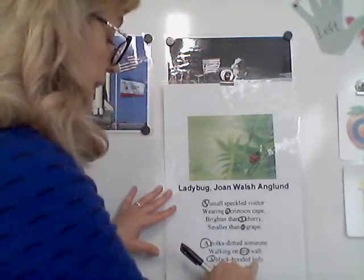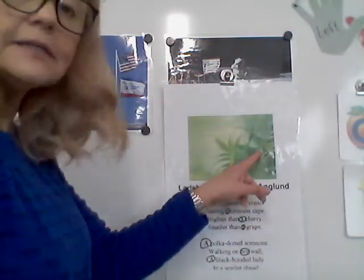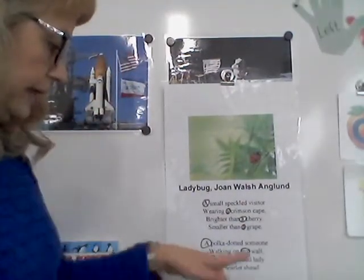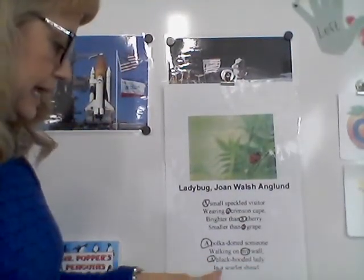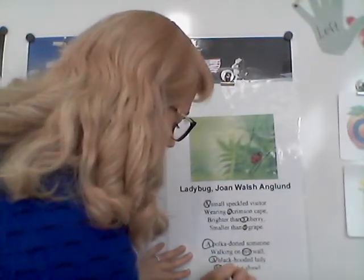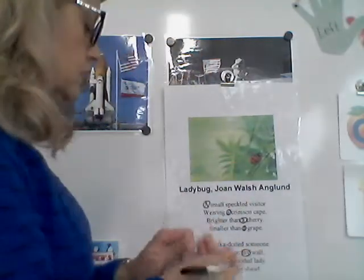black hooded lady. And the reason it says black hooded is because a ladybug's head is black. A black hooded lady in's a sight word, there's the word A, scarlet shawl. And scarlet is a type of red, and a shawl it's like this, kind of like,